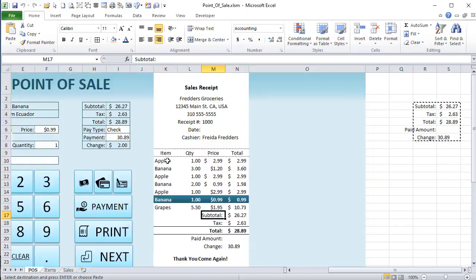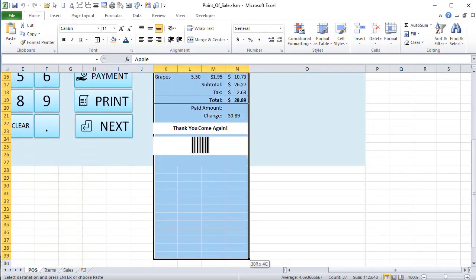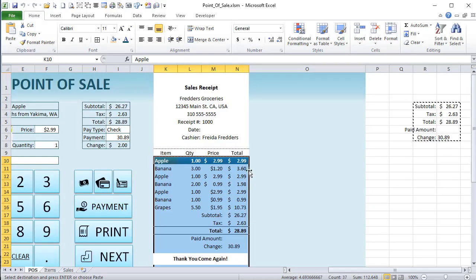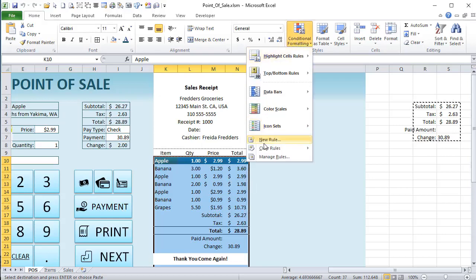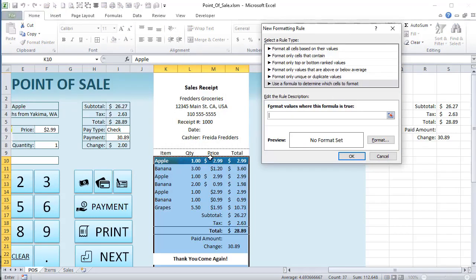I'm going to highlight all the potential cells here, add in conditional formatting, a new rule using a formula. And what is the formula? It's going to be based on the first possible cell, which would be M10. Again, we're going to remove the $ sign